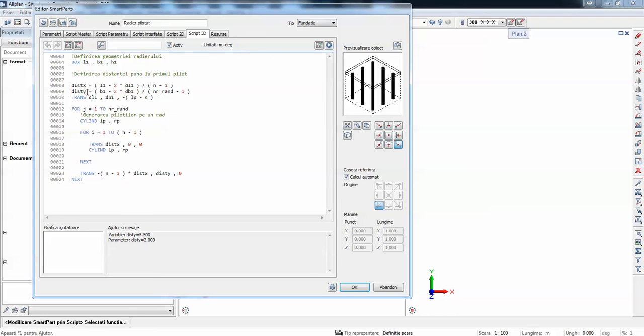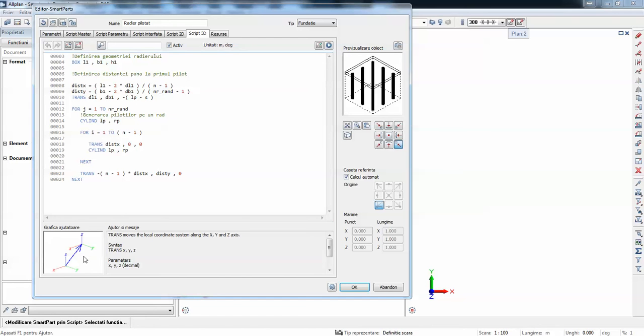Then I go for distance Y, where I take B, the width, and remove the concrete cover, and actually this is another concrete cover, but rather the diameter or the distance from the margin of the rafter, and I divide it by another number.